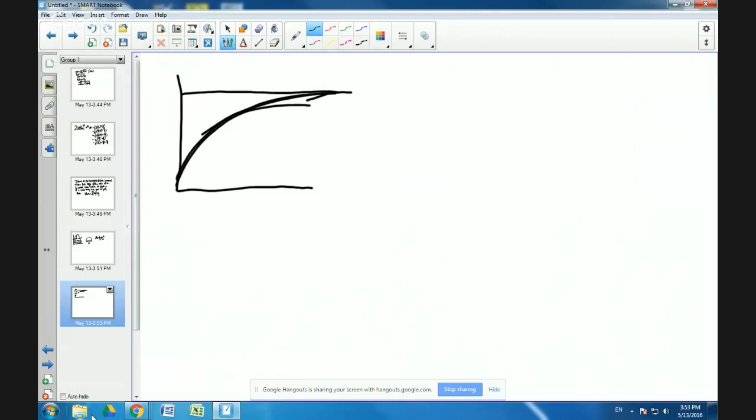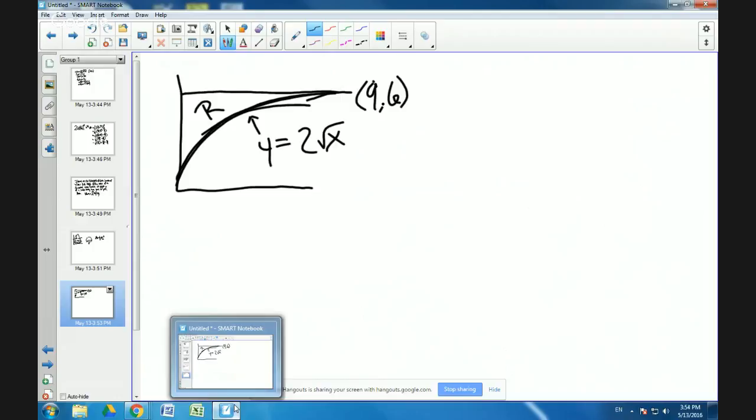okay, that's not really a good drawing, but this area here is R, and this is 9, 6. So you have the horizontal line y equals 6, and then your function here is the line y equals 2 times the square root of x. And the problem is,